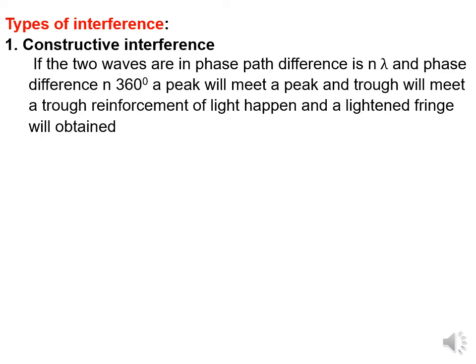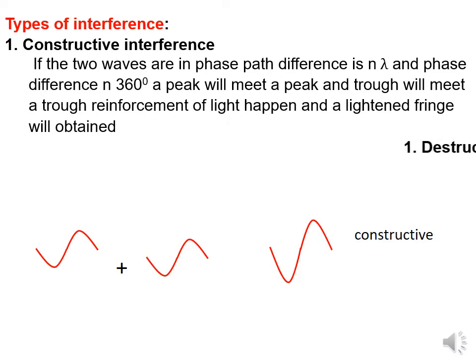ده constructive interference. يعني عندي هنا two waves are in phase. If they are overlap, the result will be like that. Okay, amplitude will be doubled and we will have lightened fringes in constructive interference. طيب،